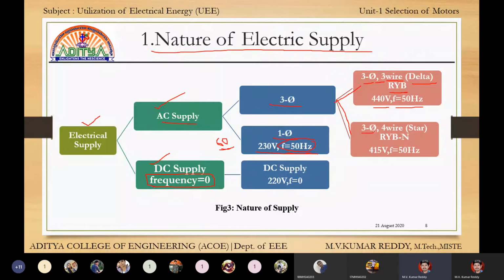Next, three phase four wire star connected. Star connected means totally four connections: R, Y, B and neutral. Supply is 415 volts and frequency 50 hertz. For DC supply it is 220 volts, frequency is 0, and